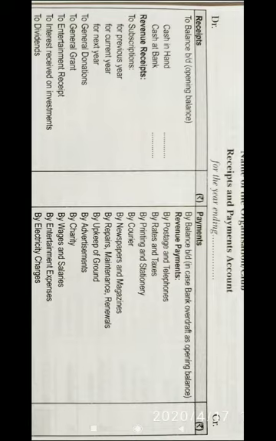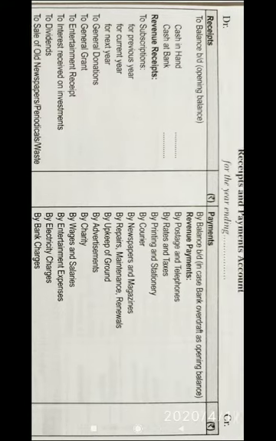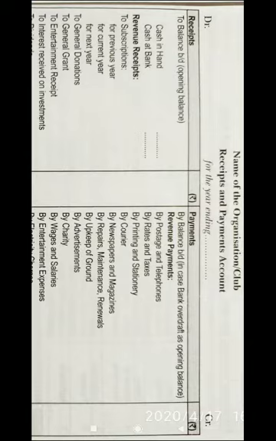Onto receipt side, all those items will be mentioned in name of which the organization received an amount. That can be in form of cash or that can be in form of a check. Onto payment side, all those items will be recorded against which the organization made payment either in cash or through a check, irrespective of their nature, that is whether they are revenue nature or capital nature.